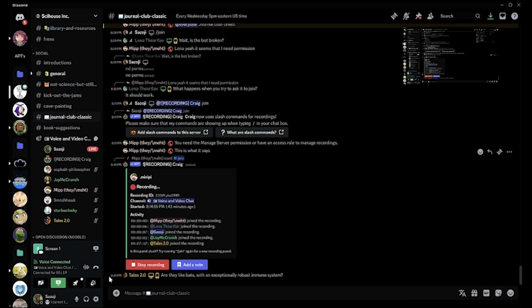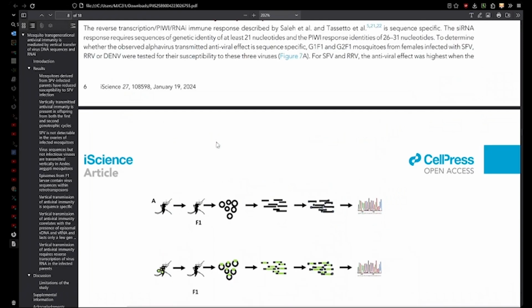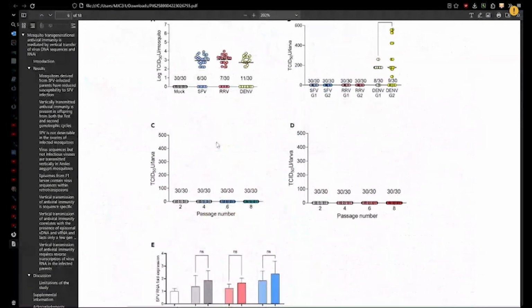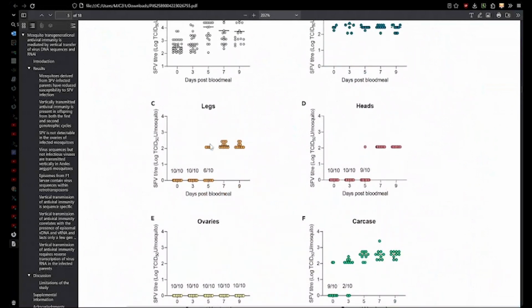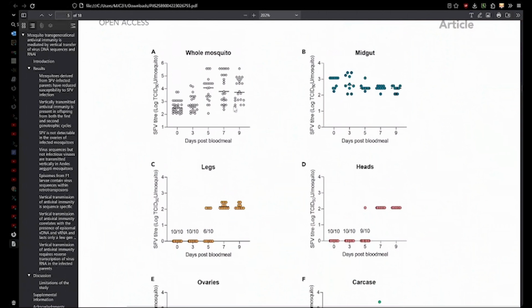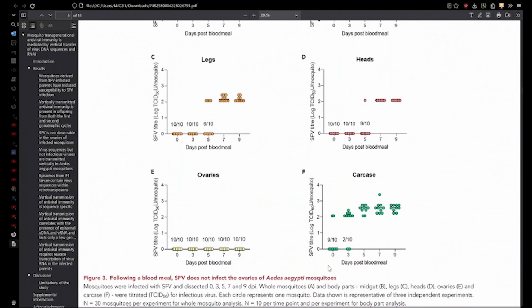It's similar to that SFE infection figure in here, where they show it in different regions after different days. So we will see it in the legs after 5 days and stuff like that. But after 24 hours, we want it to move into this carcass area. So at 0 days, it's not going to show up in the carcass, because whenever we inject, we're injecting it into the thorax, but it needs to get to the abdomen within 24 hours. And we realized that 24 hours gets us the best results.